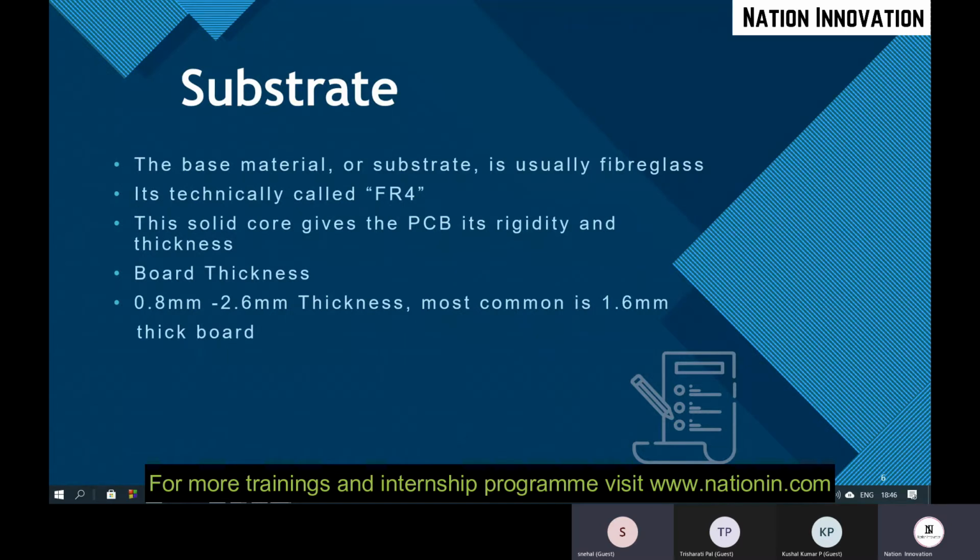So for that purpose we will be using this substrate. The thickness will be around 1.6 millimeters. It avoids the shorting of the components, so the proper connections are done. Okay, now it is clear.